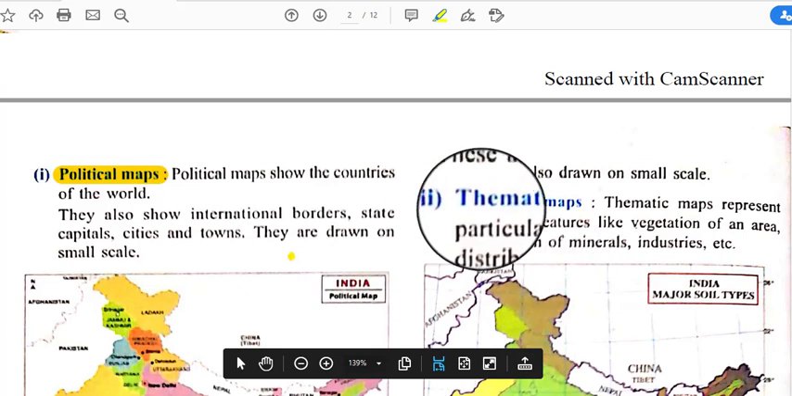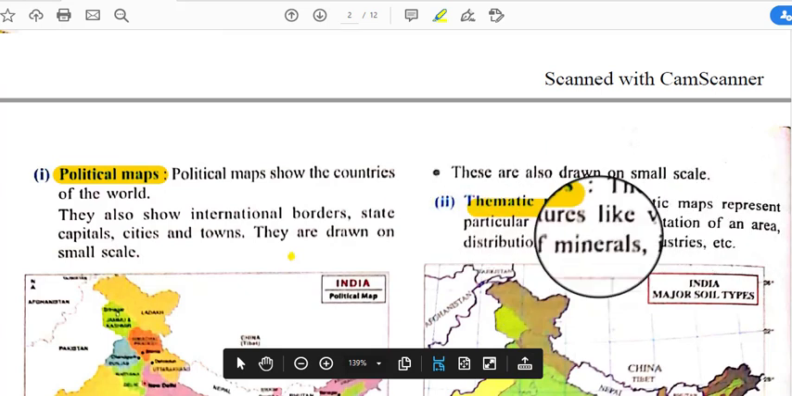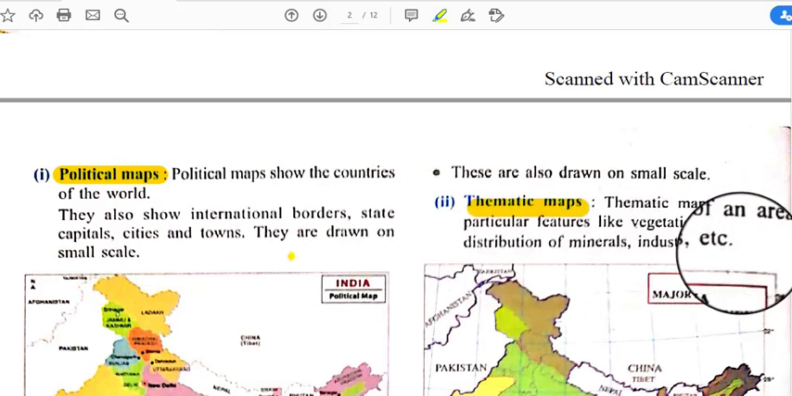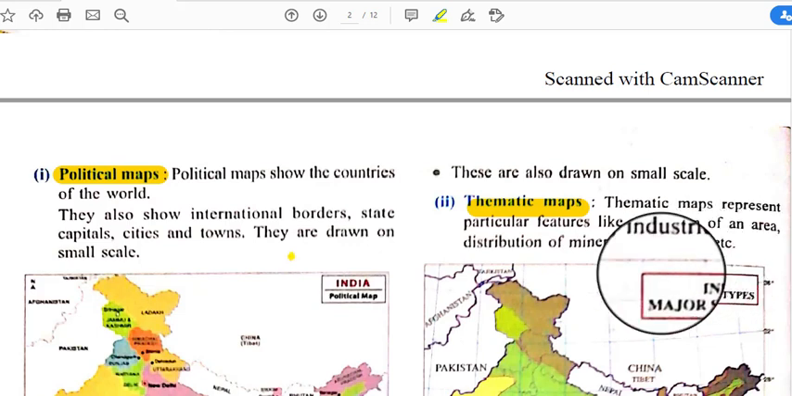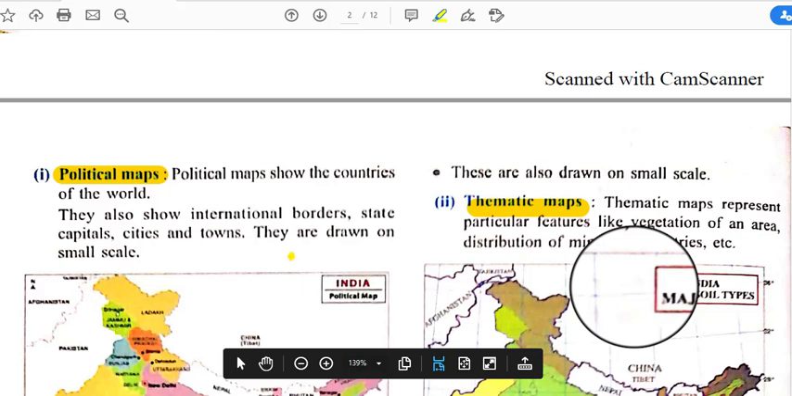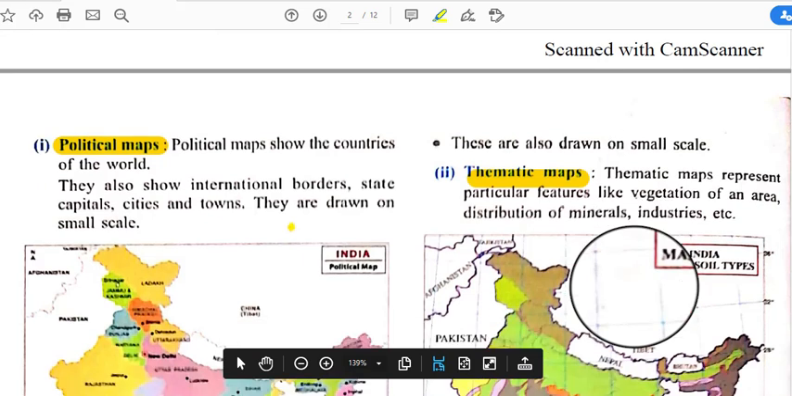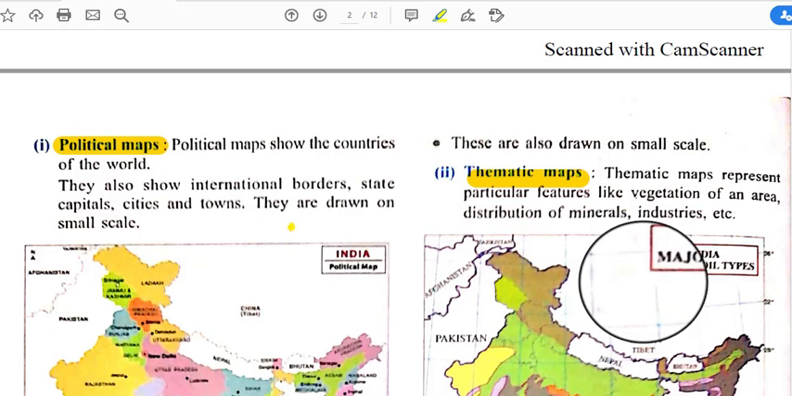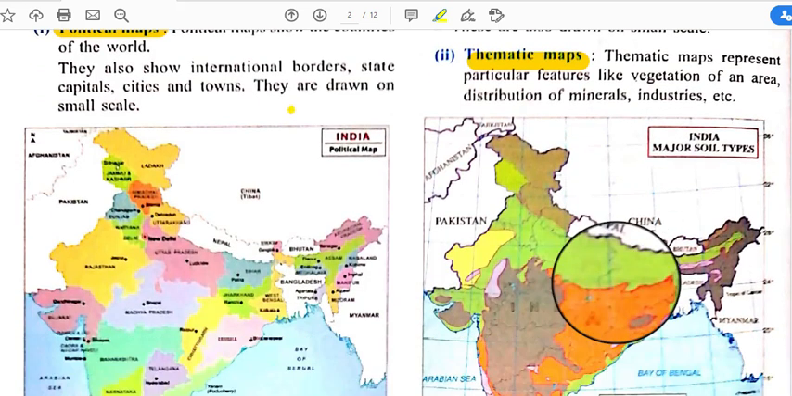And the next is thematic maps. Thematic maps represent particular features like the vegetation of an area, distribution of minerals, industries, etc. In these kinds of thematic maps we select one theme, for example rivers. If the map is a river map, we only show the rivers of a place. So thematic means one theme is selected for the distribution or representation. So if the theme is iron and steel industries, then